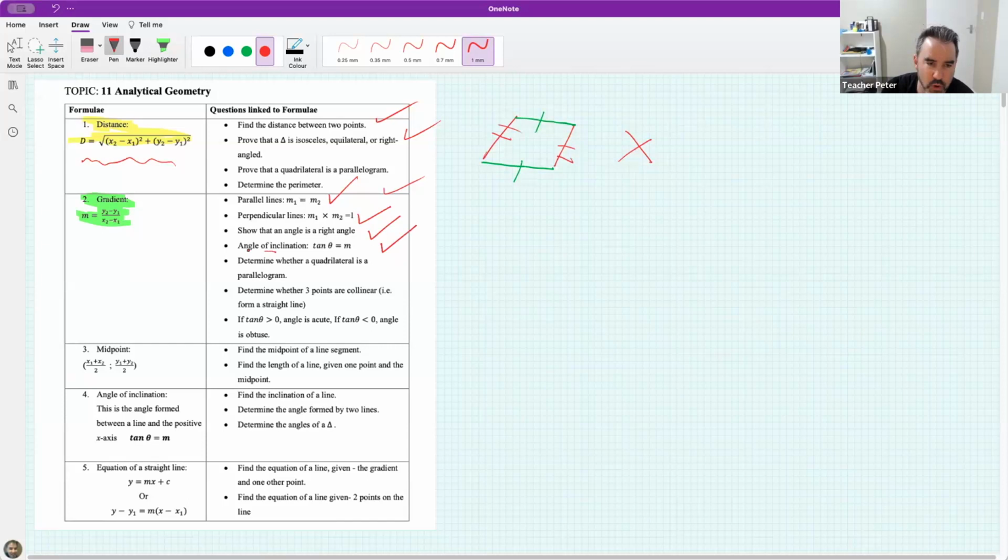Okay, determine whether a quadrilateral is a parallelogram. Now, I'm going to focus on this a little bit today, and I mentioned it in the last lesson, but the quickest way to show something's a parallelogram is to show that the diagonals have common midpoints. So I'll say here, you need to show that the diagonals have common midpoints. And if you do that, then you've proved that